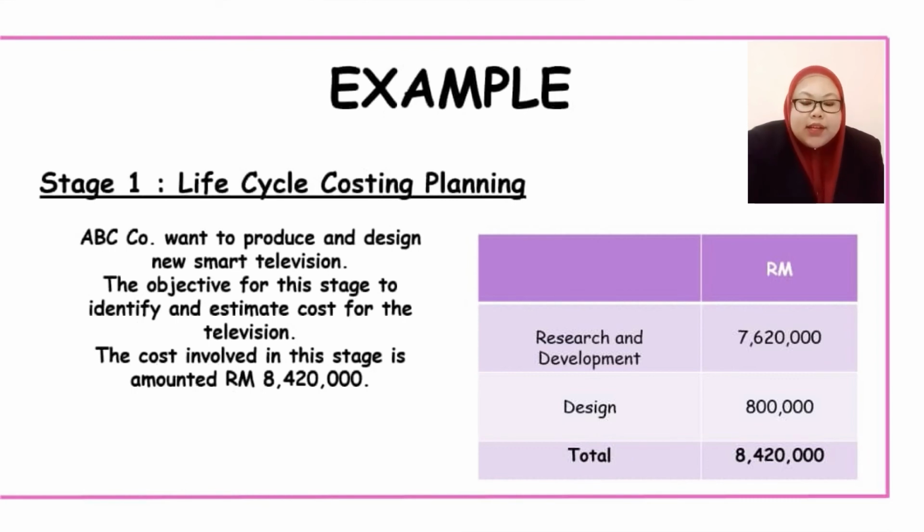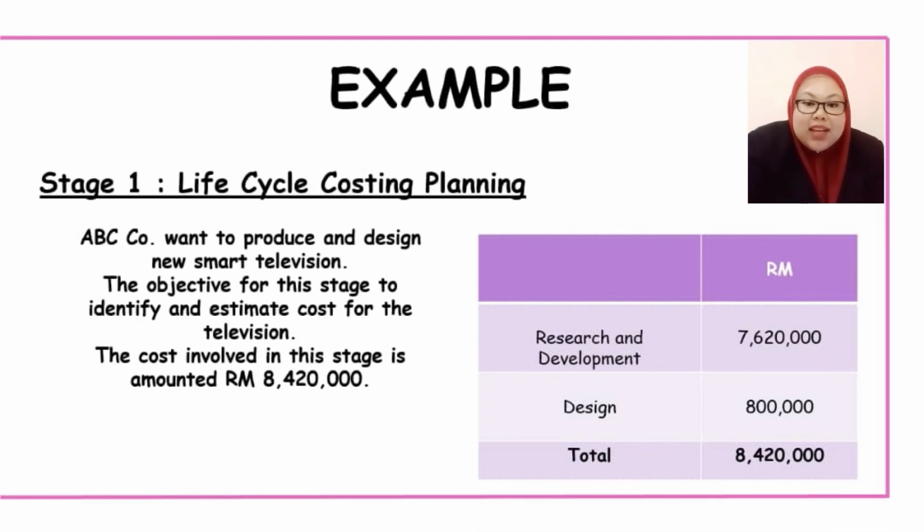In the first stage of life cycle costing, which is life cycle costing planning, the company should plan properly their aims and goals. If they decide to make a smart TV, then they should incur some costs on research and development and design of the smart TV. Knowledge of television is very important because the producer should make the best quality smart TV so that there will be no added cost if something goes wrong in production. This stage may require them to estimate and identify their startup costs before they produce the product. The cost involved in this stage to produce the smart television amounts to